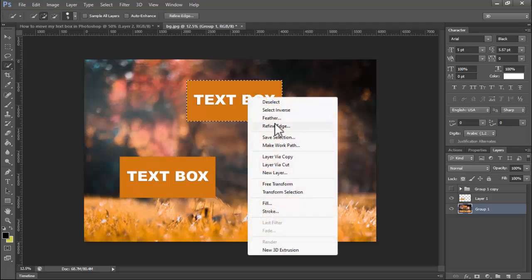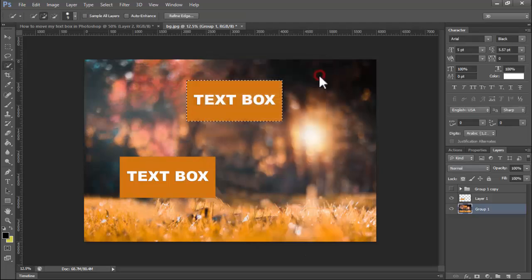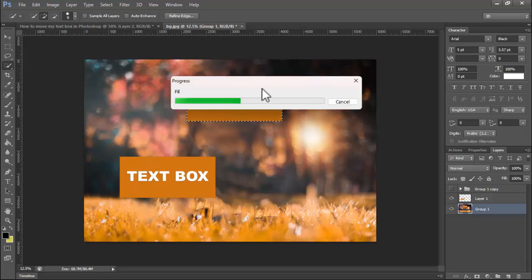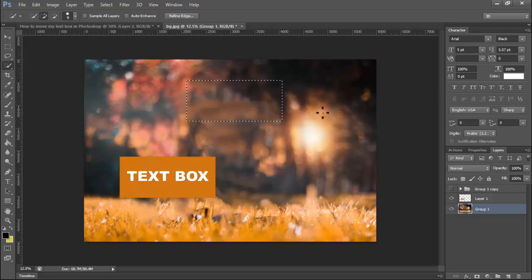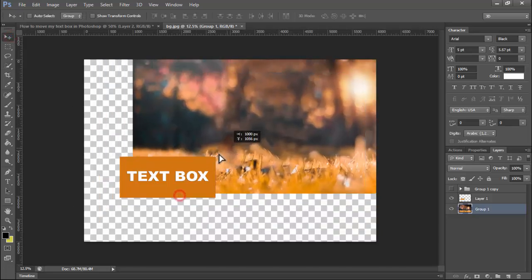Right click on your mouse, fill content here. Wait some moment. Okay, press Ctrl D. And another way to